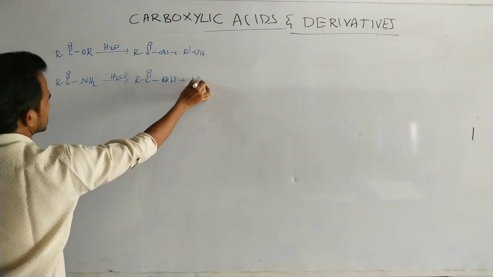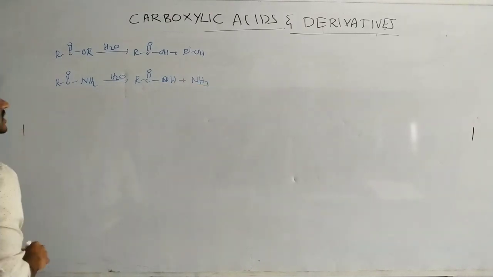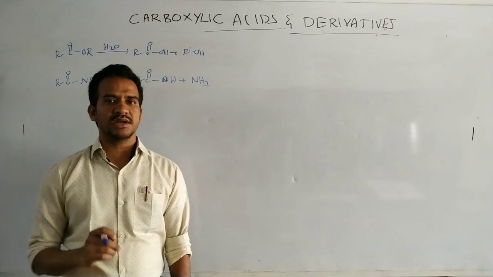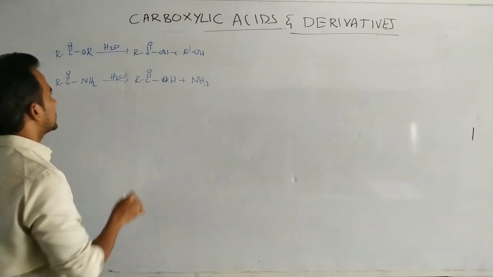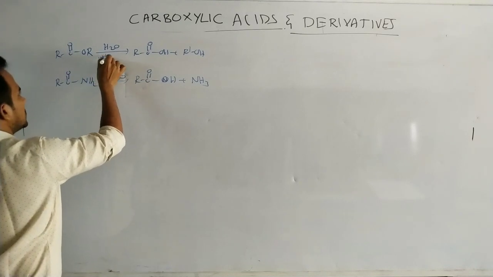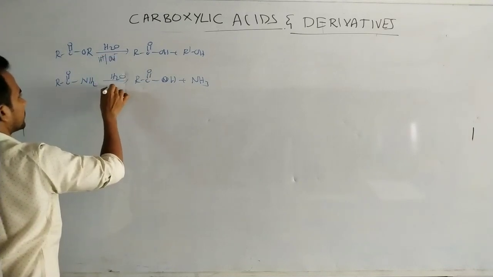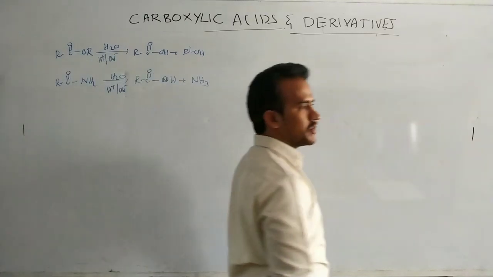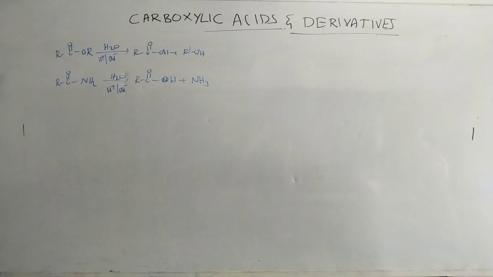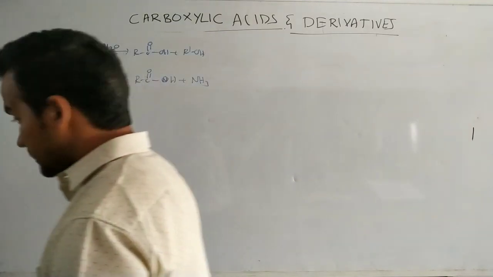carboxylic acids plus ammonium. In this case, generally esters and amides are less reactive when compared to anhydrides and acid halides. That's why acid medium or basic medium is required. That means acid catalyzed and base catalyzed hydrolysis is possible for the esters and amides. So here acid or base is required for the hydrolysis process. Okay. So first here